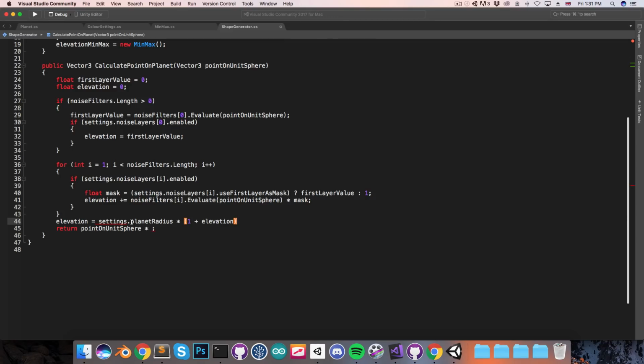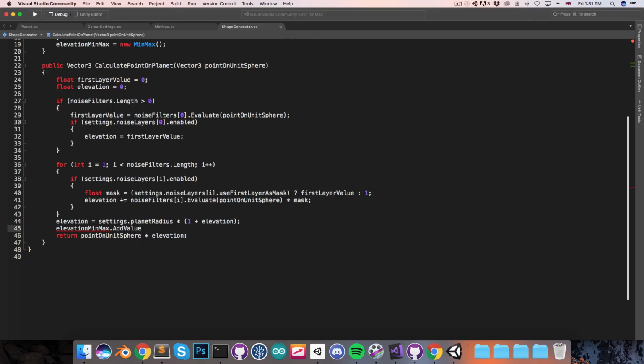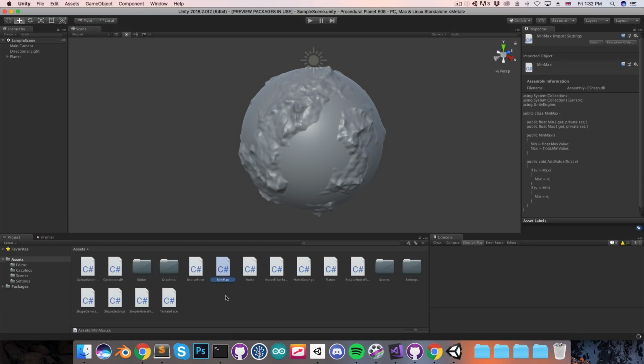Okay, and we can just multiply this now by elevation. So I haven't changed anything, I've just moved it onto a separate line so that we can say elevationMinMax.AddValue(elevation), and this way we're keeping track of the minimum and maximum elevation for all the vertices in the planet. Okay, so I'm now going to save this, go back into Unity, and I want to create